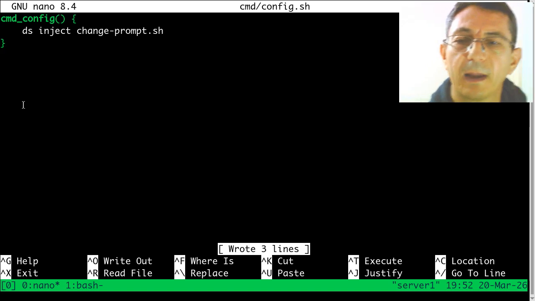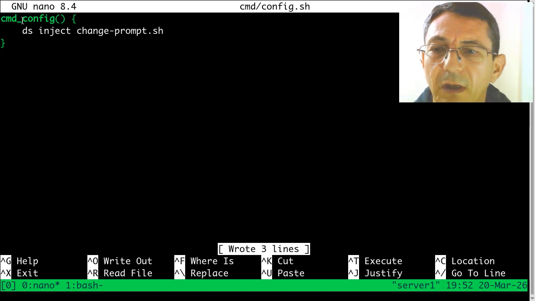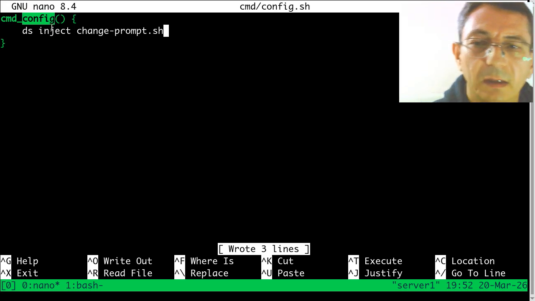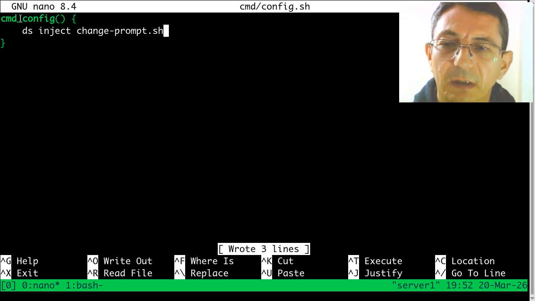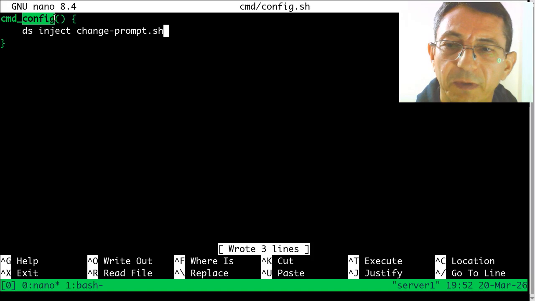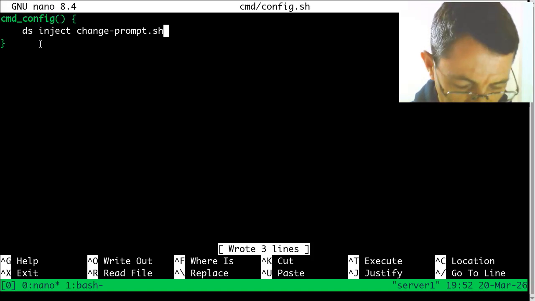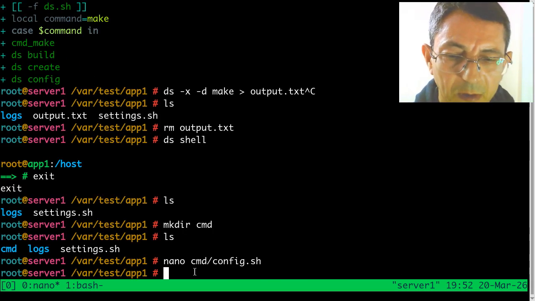So, by convention, I'm creating this function. This is the name of the command, ds-config. The name of the function is cmd_config by convention, and it is stored on the file